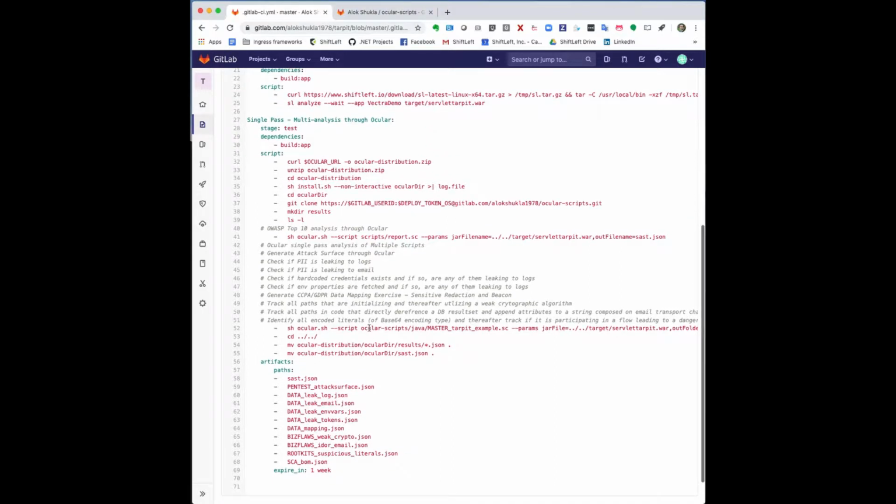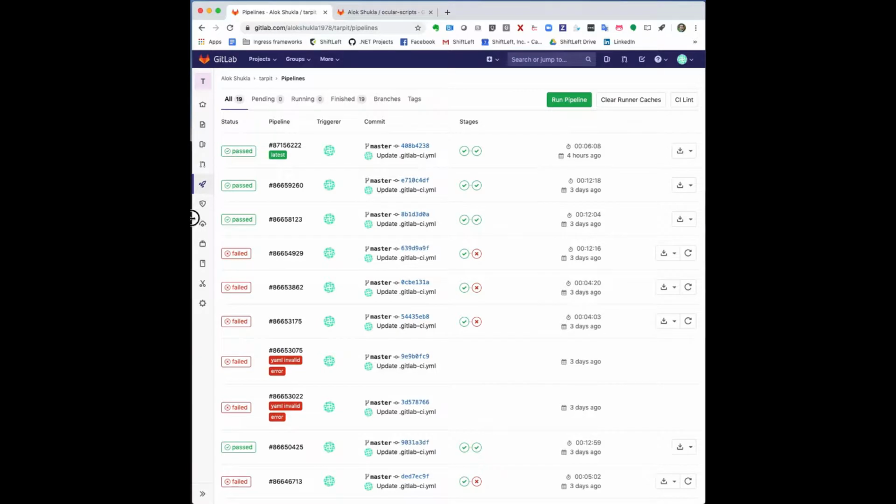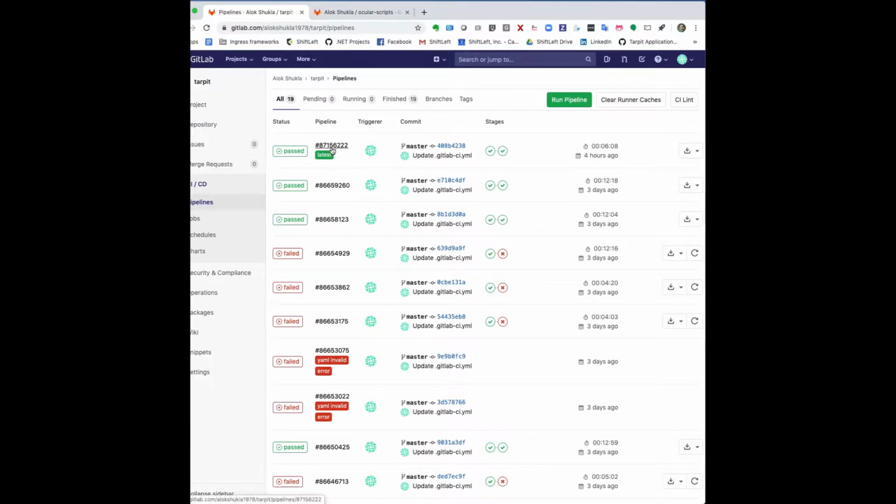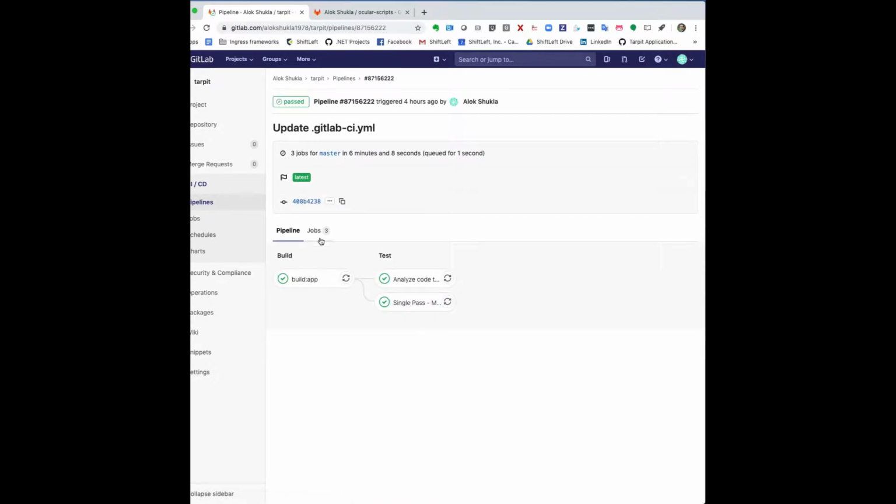Now let's look at an analysis pipeline. GitLab provides a notion of CI/CD pipelines, and if I click on this, I have already performed a build here. If I click on the last build that I had done, I can see there is an application building step, and then there are two test steps. I will focus on the single pass multiple analysis through Ocular step. So if I click on this,